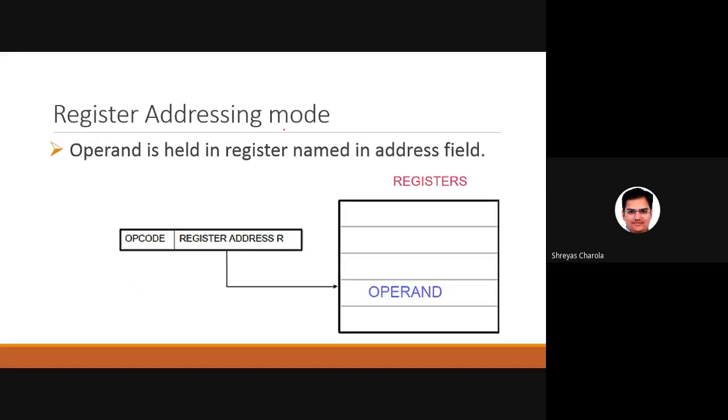Next, the register addressing mode, which means the operand will be in the register. It might be any register B, C, D, E, H, L, anywhere. Example: LD R1, so the data is loaded into the accumulator. ST R1 means store the data into R1. The operand will be in the accumulator.